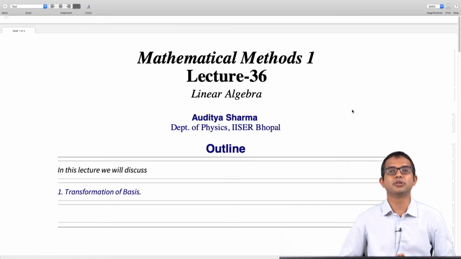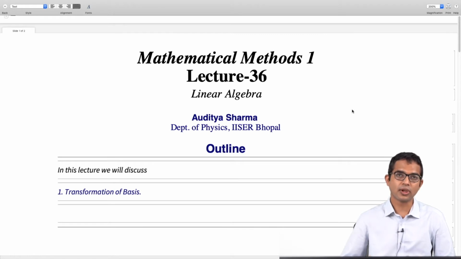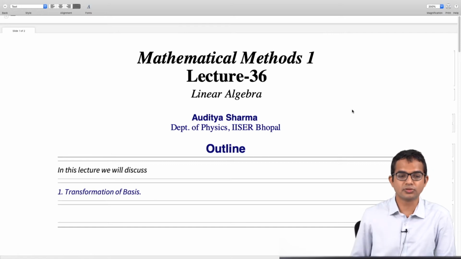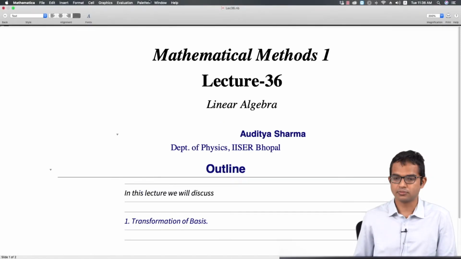Within the basis we have seen that all operators have matrix representations inside every basis, and so when you change basis, the representation is also going to undergo a change. So vectors would change from one basis to another, how they look, and likewise the representation for operators also will change. That's what we're going to look at in this lecture.